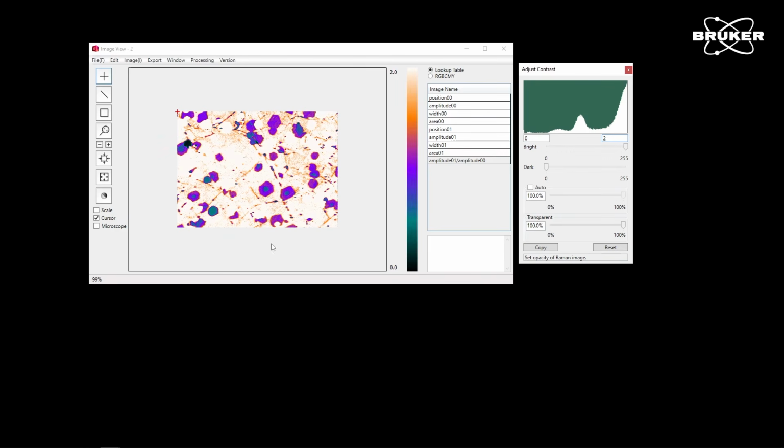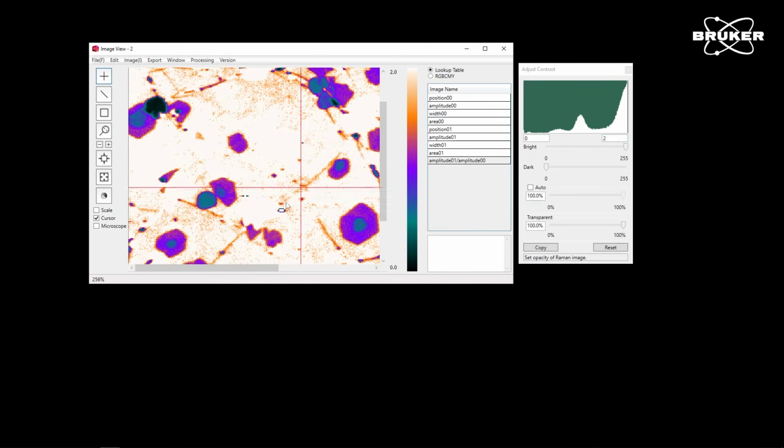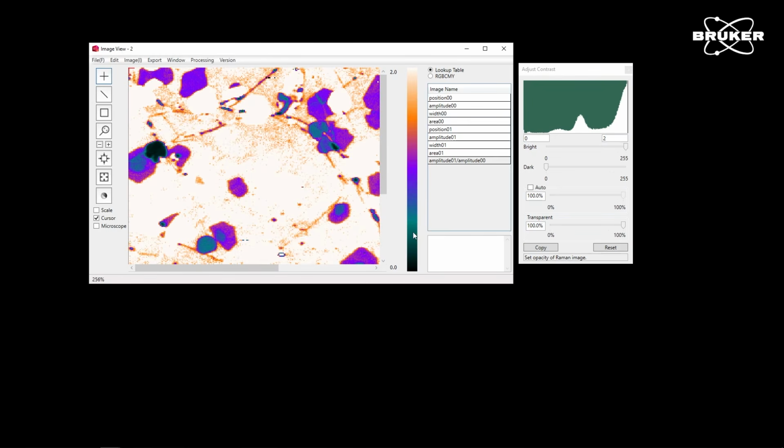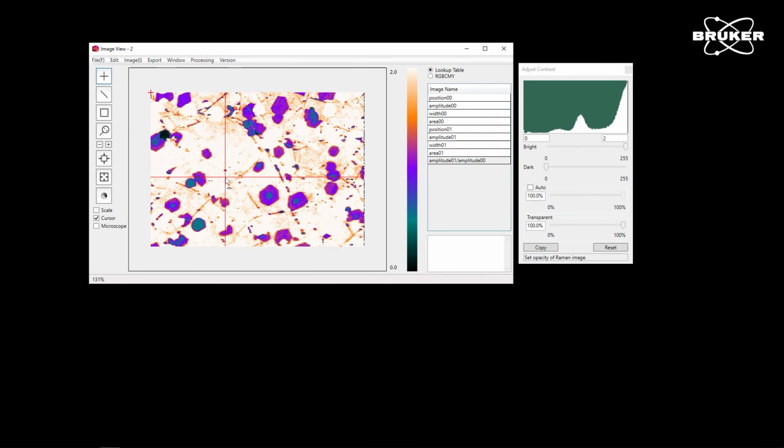So all that's yellow whitish, everything that's bluish purple is a B layer, so most of these islands, and everything that is green and black is multi-layer. So here we have values above 2, around 1, and below 1.